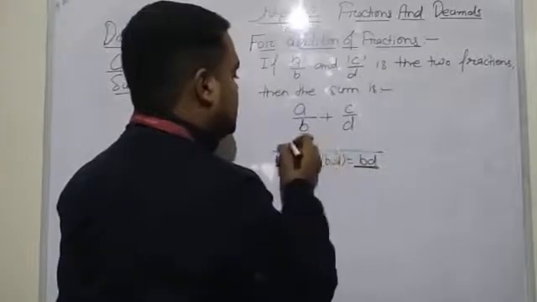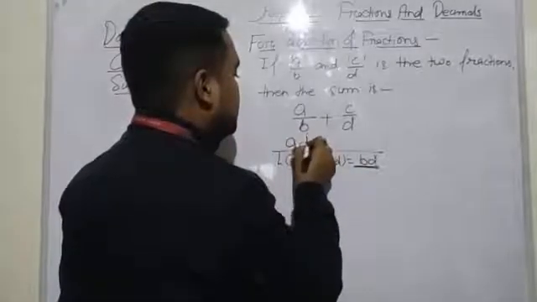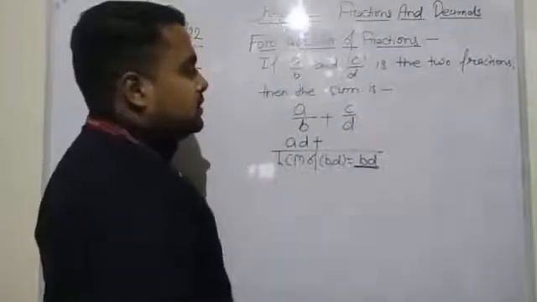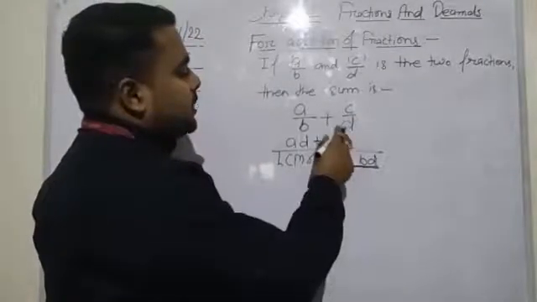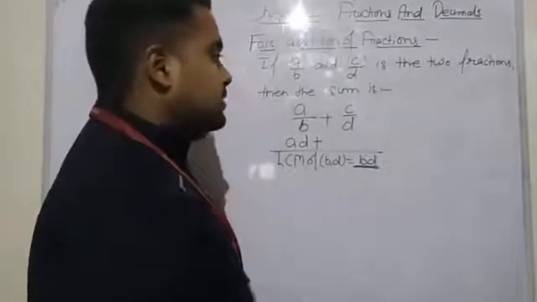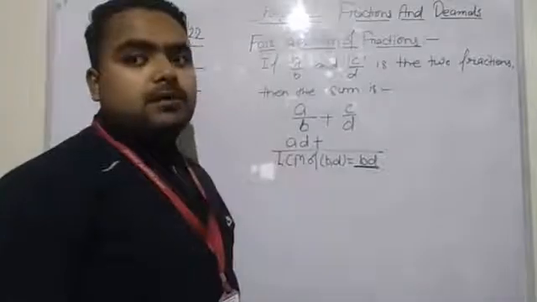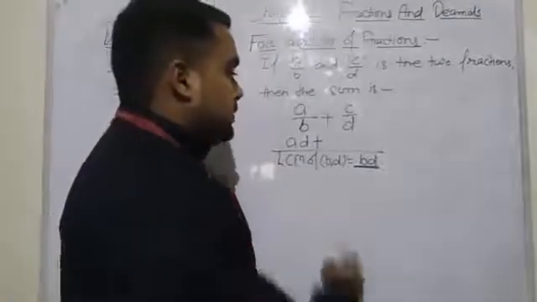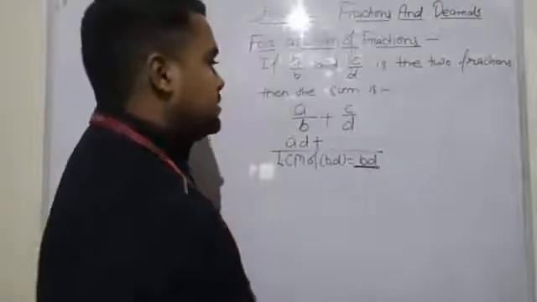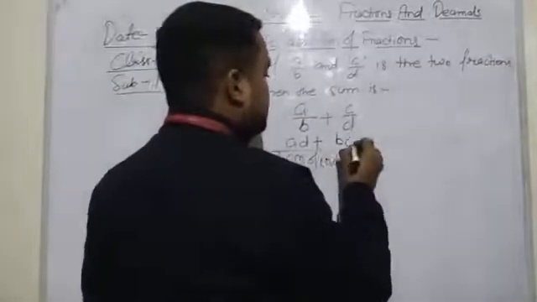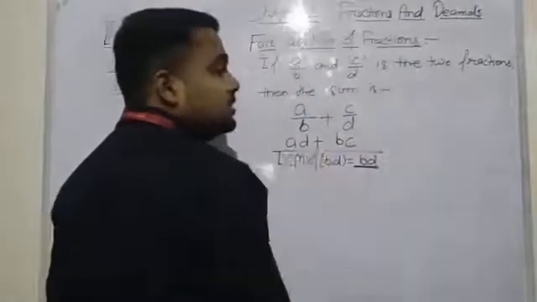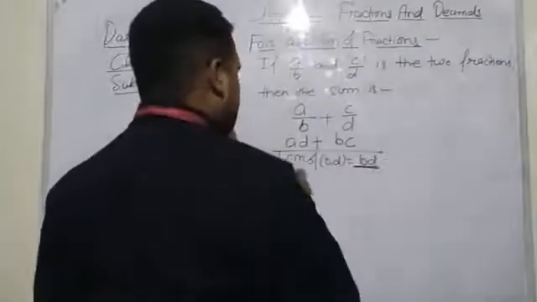So here we can write it as A into D, and we will do the same thing with the second fraction. We divide BD by the denominator of the second fraction, that is D. So when BD is divided by D, we have B, and when we have B as the quotient, B is multiplied with C. So here we have BC. So this is the sum of fractions, and